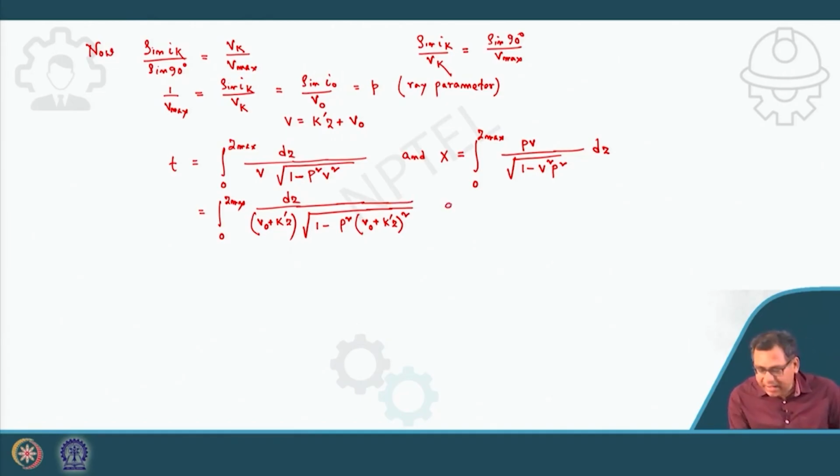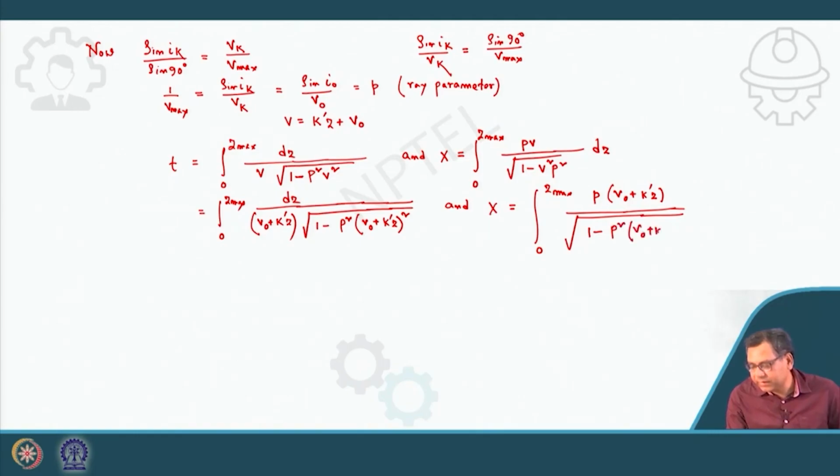Similarly I can write x is equal to integral 0 to z max of P (V0 plus K dash z), then root over 1 minus P square (V0 plus Kz) whole square dz. Now after integration,